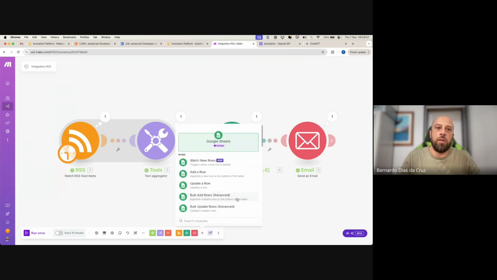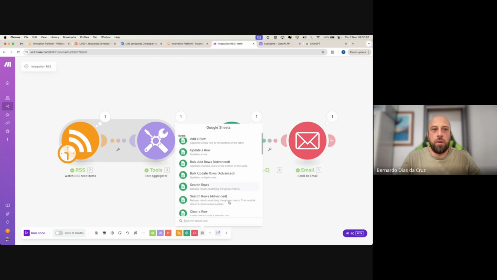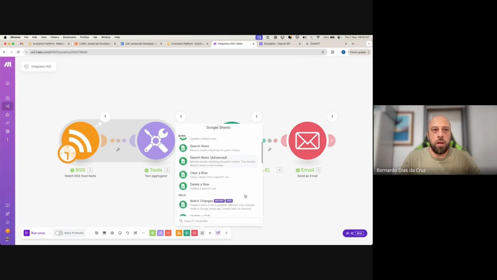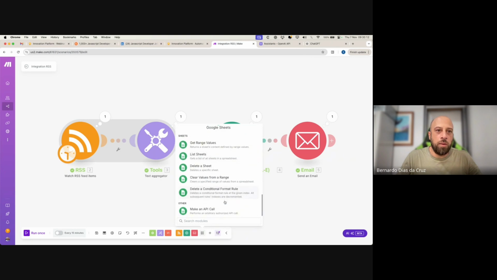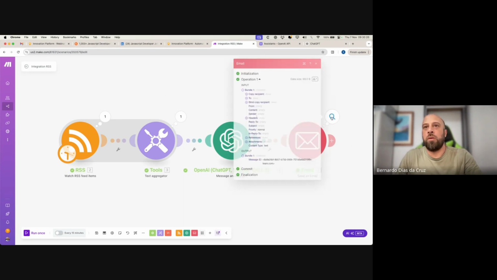use something like search, get row. You can search rows or, somewhere here, you can get all the items in the list and then go one by one. Let's see. So here,